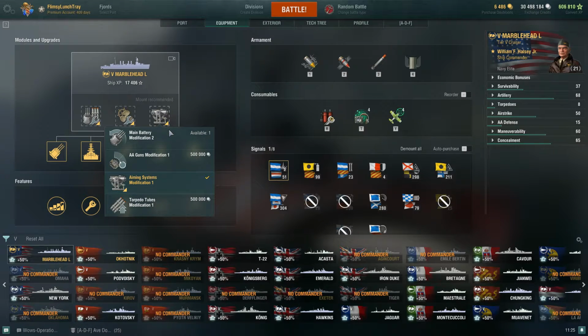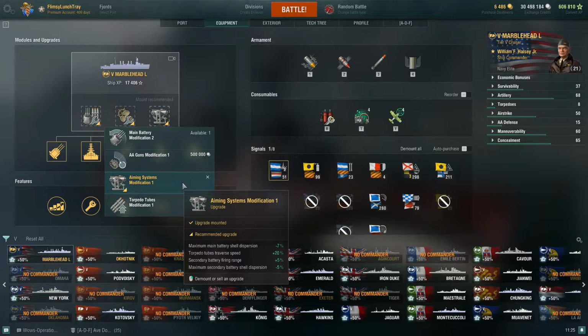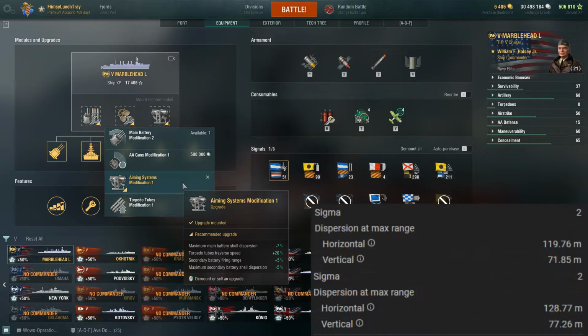Going here into the third slot, there's two options here. For now, I'm running the aiming systems mod 1. I'll put it on the right side of the screen here. Basically what it does, it reduces your maximum main battery shell dispersion. That's the main reason why I take this, so your horizontal and vertical dispersion is reduced by negative 7%. So then you're shaving off, I don't know, it's probably like between 5 to 12 meters off of the vertical and horizontal. So you have more accurate shell groupings, which, as you saw in yesterday's game,